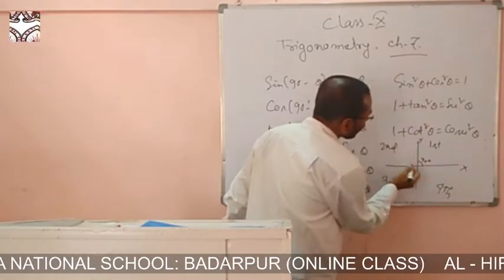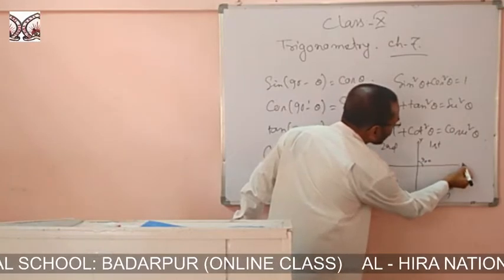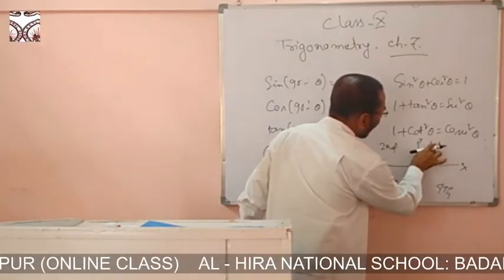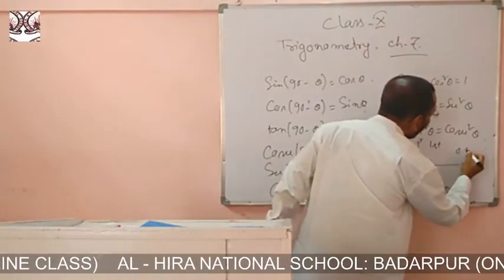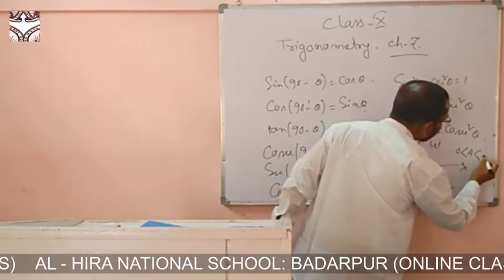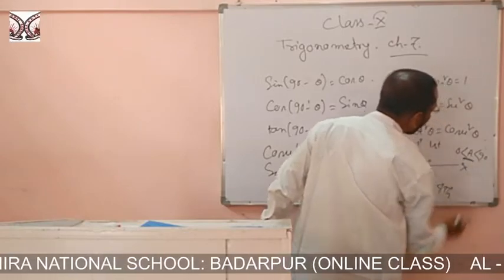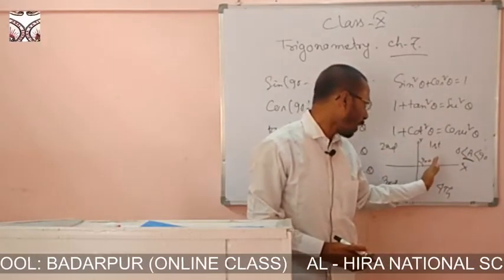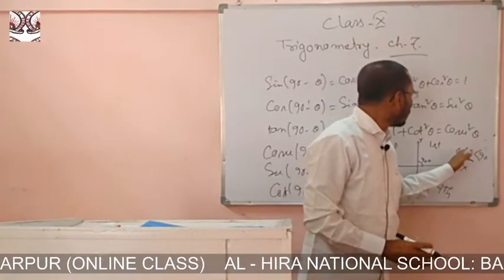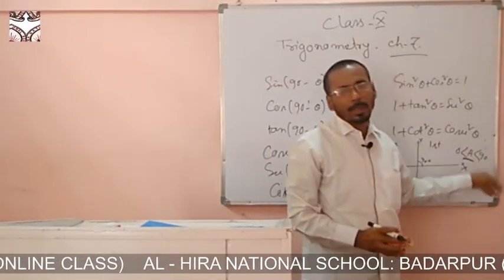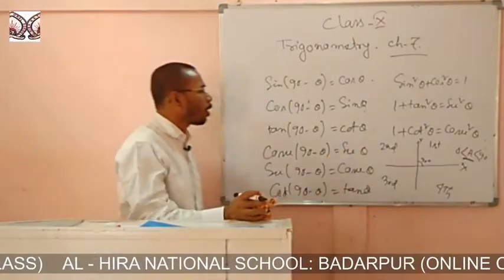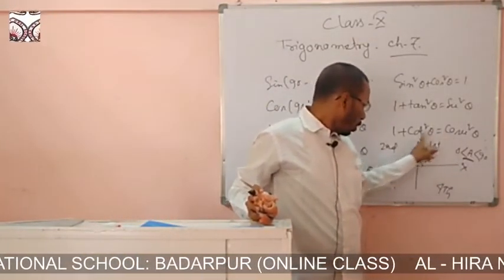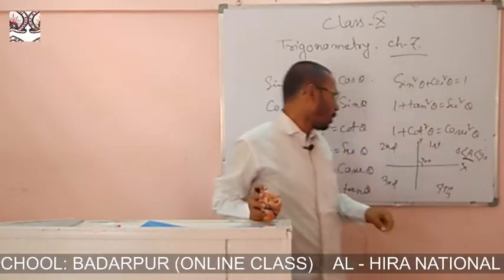Plane geometry starts from 0 and ends at 90, that is, it is in the first quadrant, so 0 is less than acute angle less than 90. Plane geometry is concerned with acute angles, greater than 0 but less than 90 degrees. So plane geometry depends on the first quadrant.